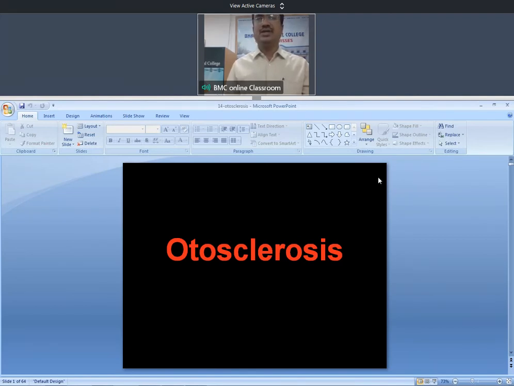In CT scan, the other use is that you can see other abnormalities like a dehiscent facial nerve. The horizontal part of the facial nerve travels just above the oval window. Sometimes there is a congenital bony canal dehiscence of the horizontal part of the facial canal, so there will not be any bony covering over it. Then the facial nerve will be directly exposed in the oval window region. In that case, you need to take more precaution to avoid injury to the horizontal part of the facial nerve. That you can also see by preoperative CT scan.